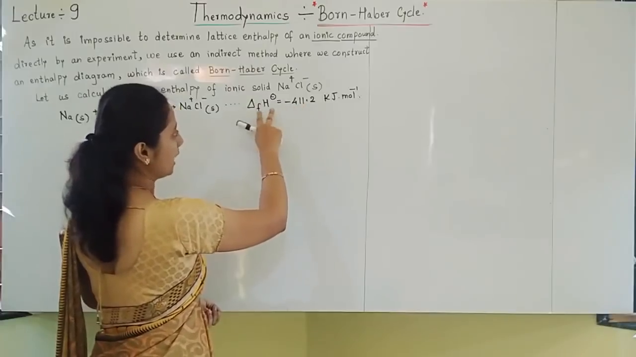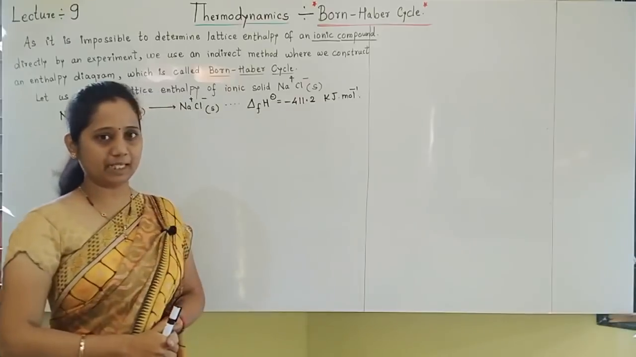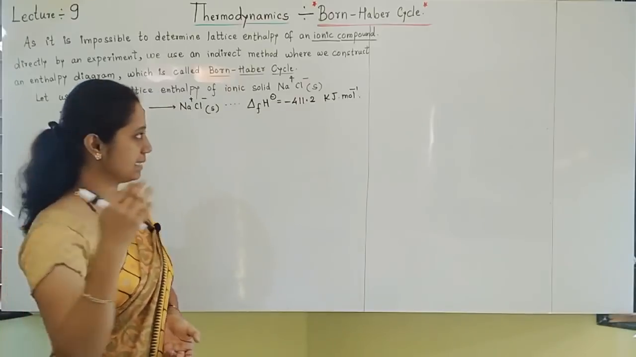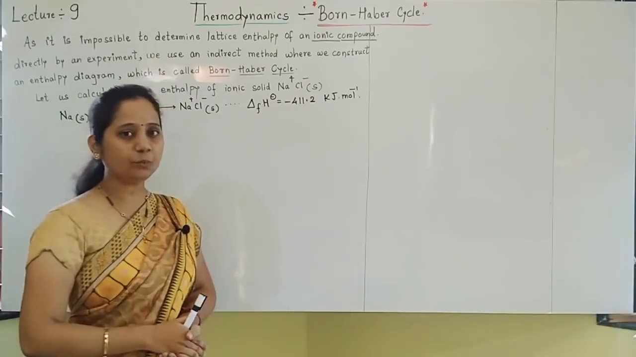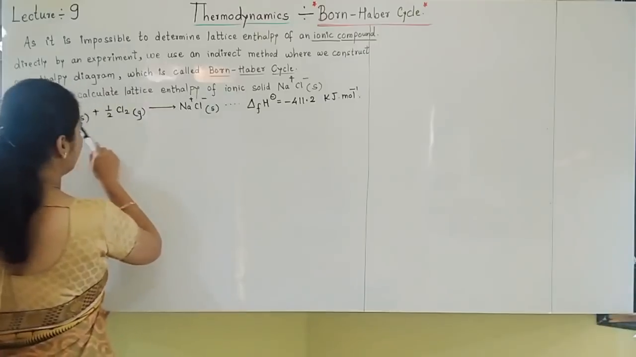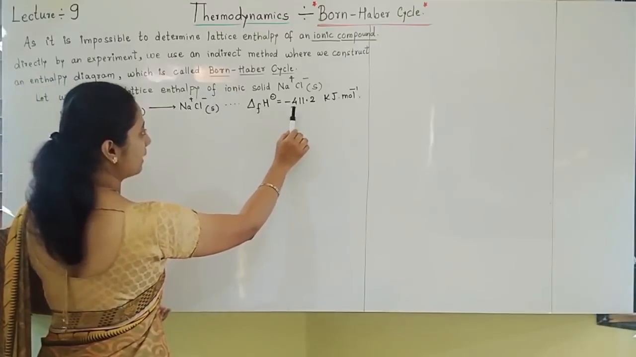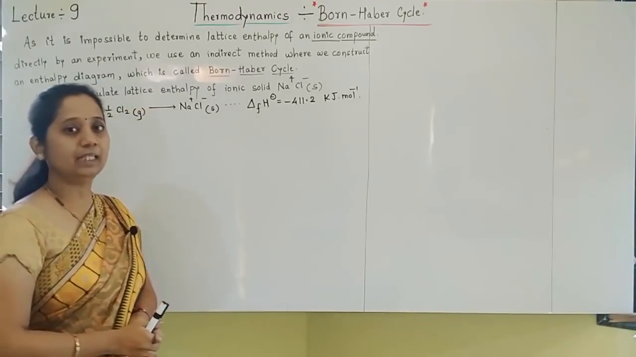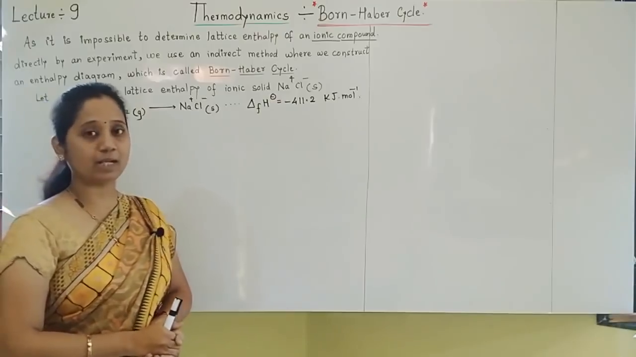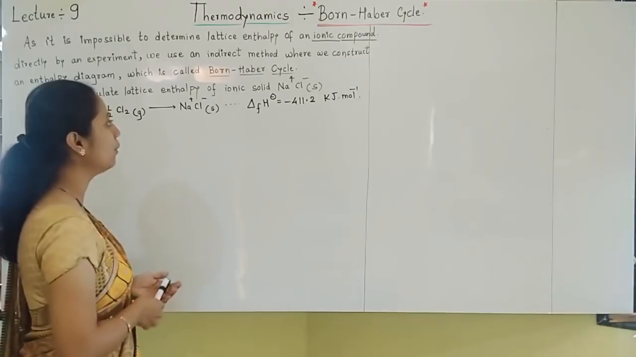Enthalpy of formation can be positive or negative. Generally it will be negative, but it can be positive in some cases. So here the minus sign is written. For this reaction, when NaCl is forming, the enthalpy change is minus 411.2 kilojoules per mole. Now we have to find out the lattice enthalpy. So for the ionic compound NaCl,